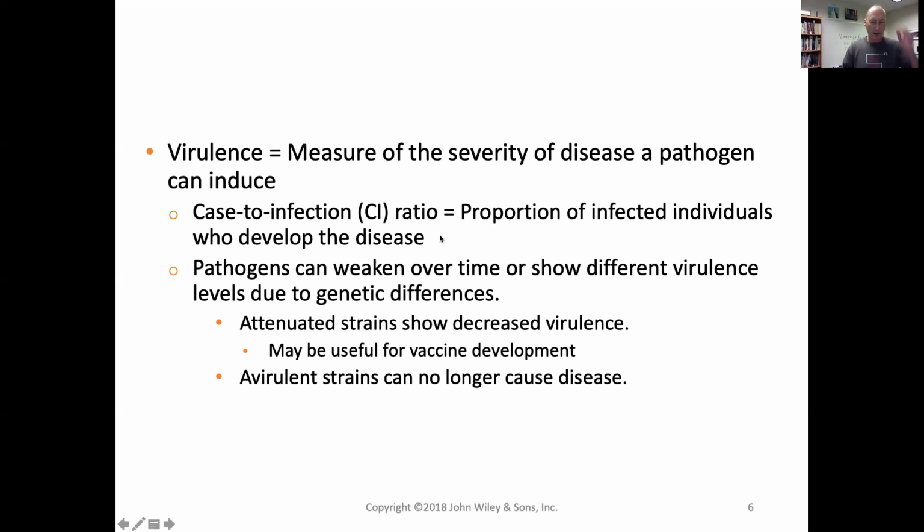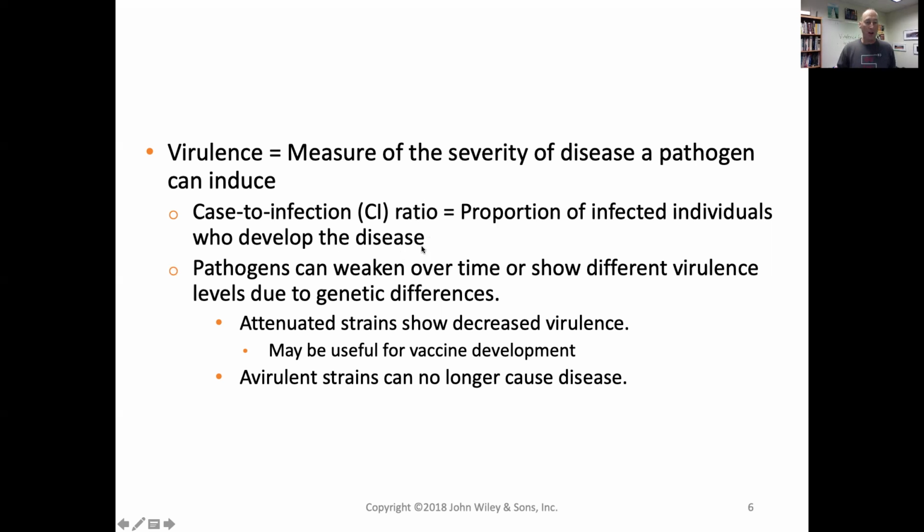And chapter 18 actually goes through a little discussion of how you demonstrate whether something's a virulence factor. So how do you measure virulence? One way that's talked about in the book is the case to infection ratio. So the proportion of infected individuals who actually develop the signs and symptoms of disease, right? That's one way of looking at it. There are other ways of looking at it too, but